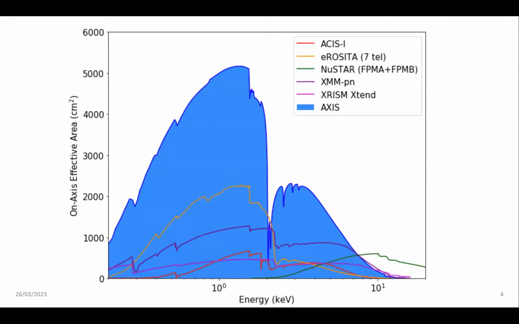This is just showing you what's in the response files that was mentioned in the previous slide. Again, you can see the improvement over what I'd like to call all current X-ray missions, even though XRISM hasn't launched yet. It hopefully will in a few months. So this is hopefully a good comparison against all current imaging CCD-like X-ray detectors. Sorry, Swift's not on there, but it should have been.